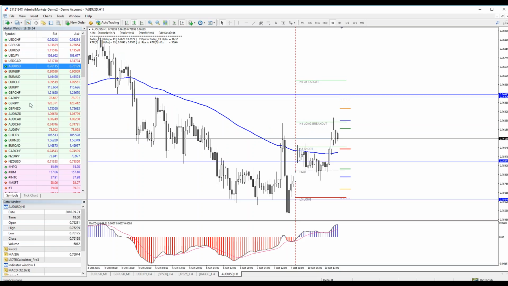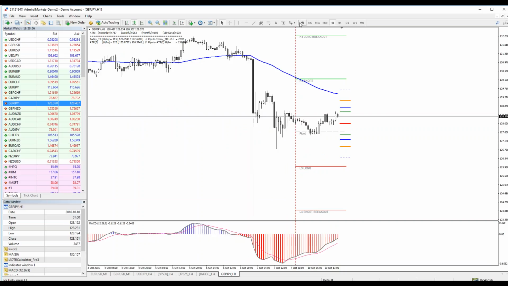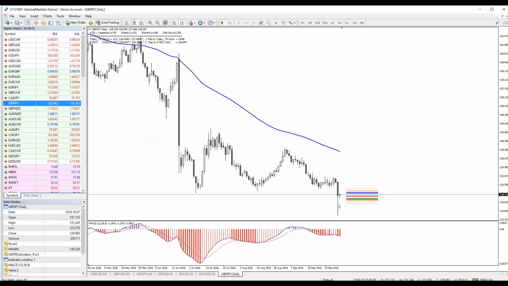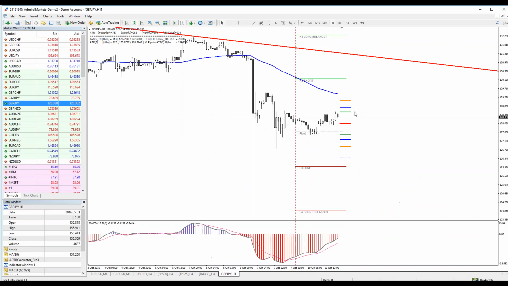I mean, pound yen for me is very clear on 4-hour chart. See, it's a downtrend. Daily is rejecting now, but this is also downtrend. We have a trend line here. We have another trend line here. So this is downtrend. 1-hour time frame needs to retrace, possibly, if it happens during the night, because